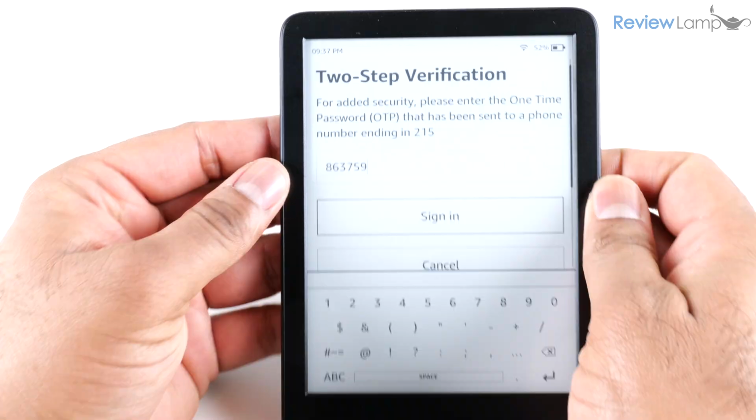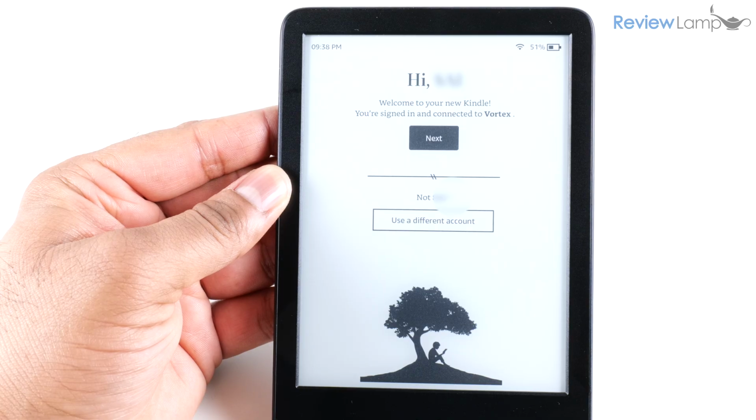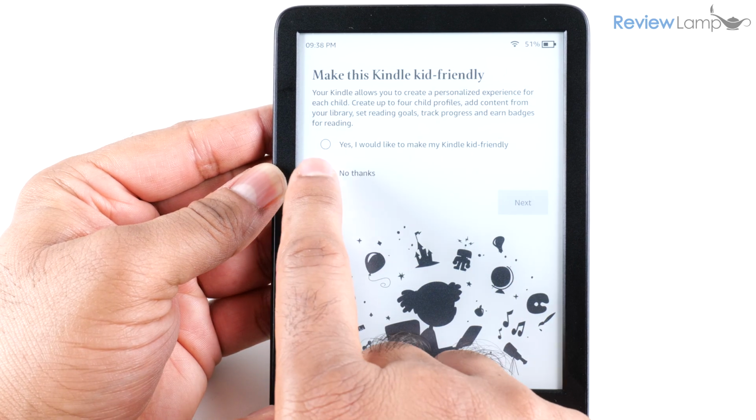So I'm going to enter that one-time password and then tap sign in, and it then says welcome to your new Kindle. You're signed in and connected to your Wi-Fi network, and then I'm going to tap next, and then it asks you whether you'd like to set up kid-friendly settings, which is pretty much parental controls. In this case, I'm going to be using it as an adult, so I'm going to tap no thanks and